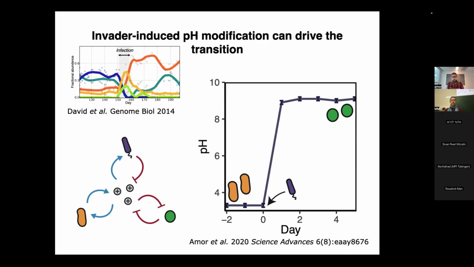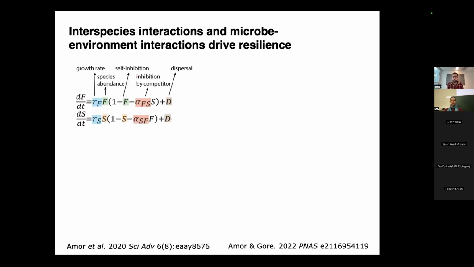So we could also capture these dynamics in different models, including this mechanistic interaction with the pH, but we can also, depending on what our goals are, coarse grain a little bit and just capture these kinds of interactions with a simple Lotka-Volterra model. So in this model, we have the typical growth for, let's say, our two species, the first species and the second species, that grow logistically.